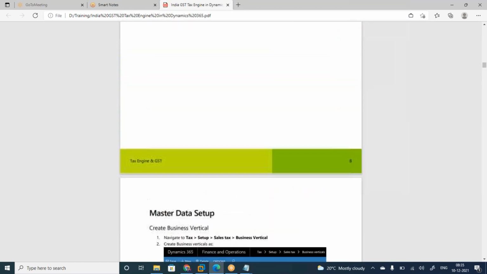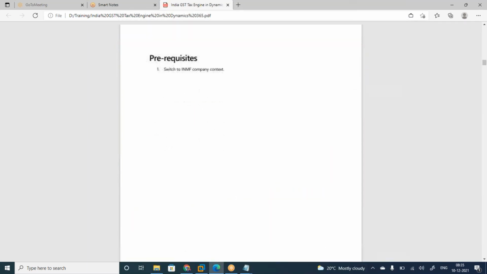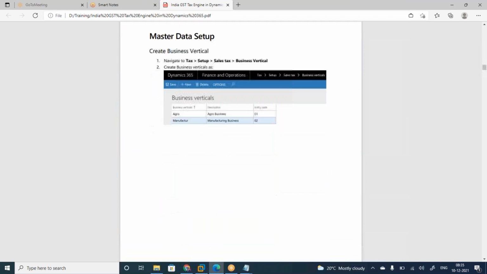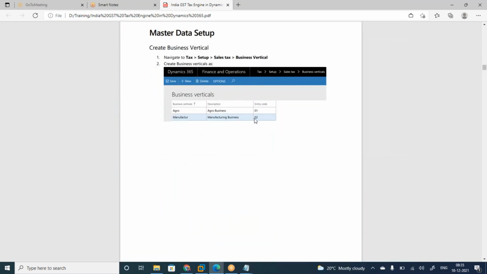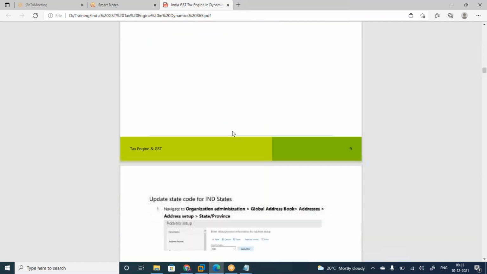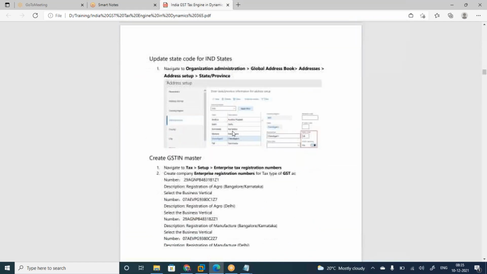Okay, and then the first step is the business vertical. You need to map here what kind of industry you are in. Next one is